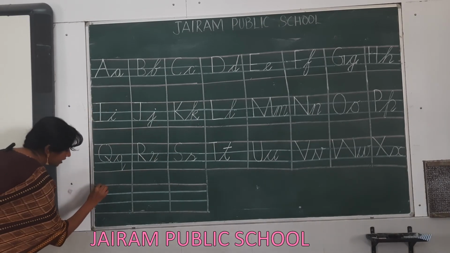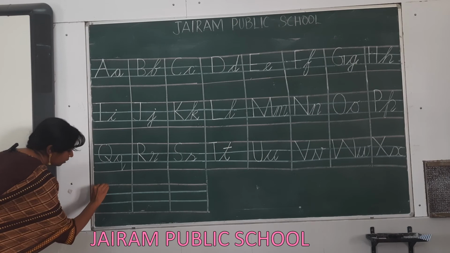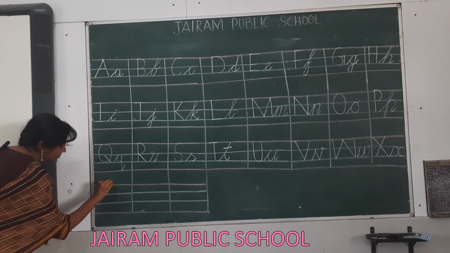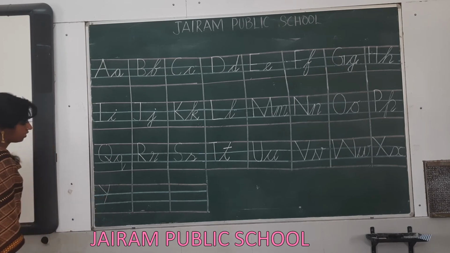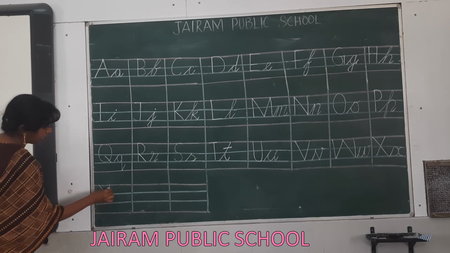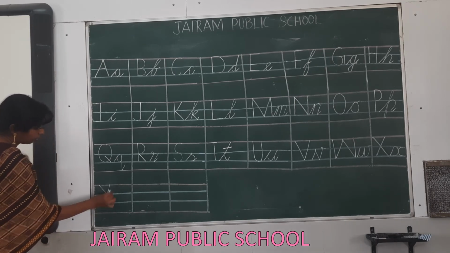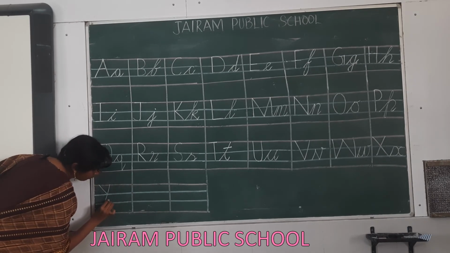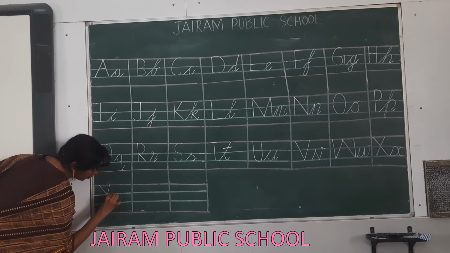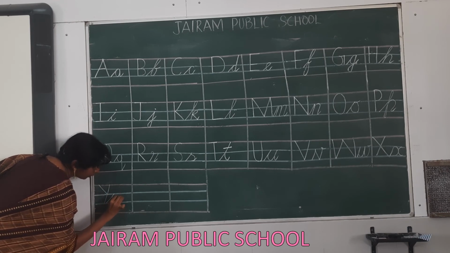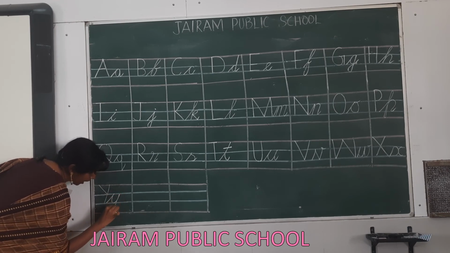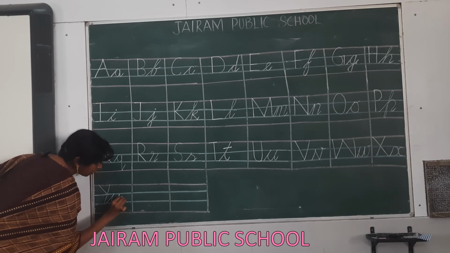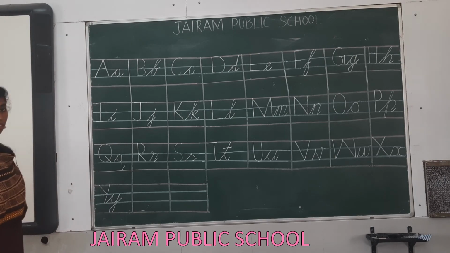The next letter is letter Y. How do we write Y? A small second slant and a bigger first slant. A slant from the top line to the middle line, and then first slant from the top line to the base line. How do we write small y? Upward forward slant, downward backward slant, under curve, upward forward slant, downward backward slant, clockwise loop with an upward forward slant. This is letter Y.